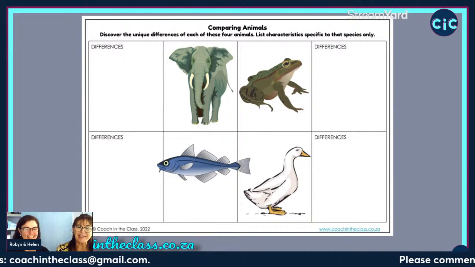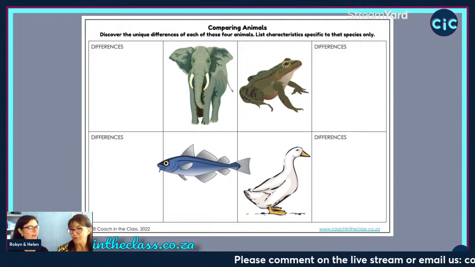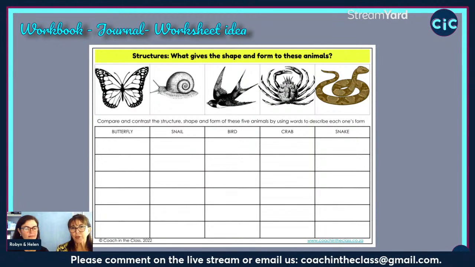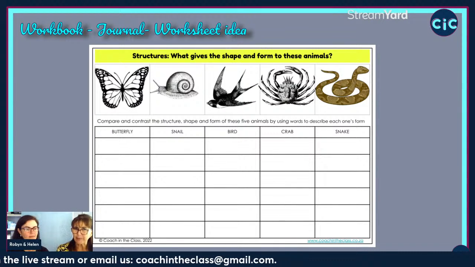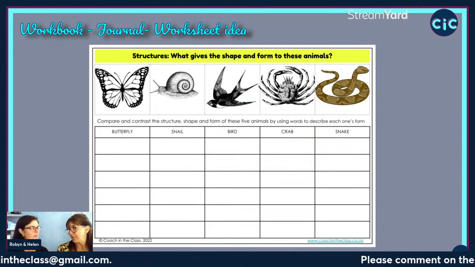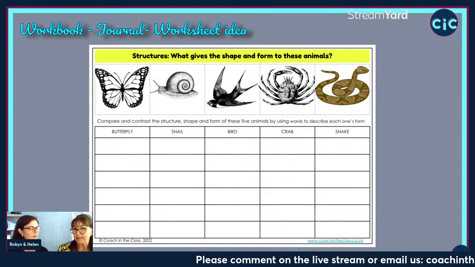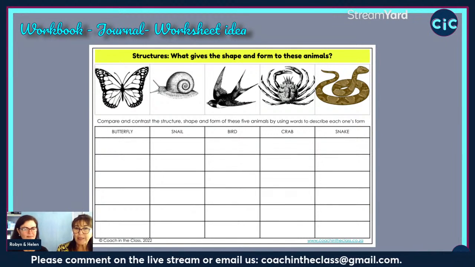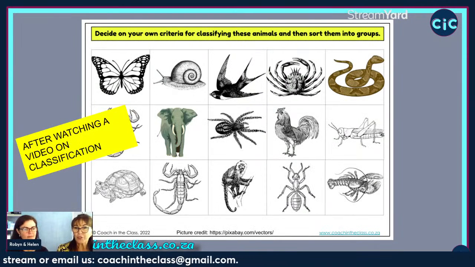But the worksheet is here, and we're really just looking for differences because we're trying to isolate that they are so different. Okay. And then again, we're still not mentioning those terms, vertebrate and invertebrate, and we're just discovering that the snail's got the shell that protects its body. And whether you discover that the bird's got a skeleton frame, it doesn't matter yet. A lot of people forget that a snake has a skeleton because it's so wobbly. Almost like a snail. Yes, and so it is all just still discovering